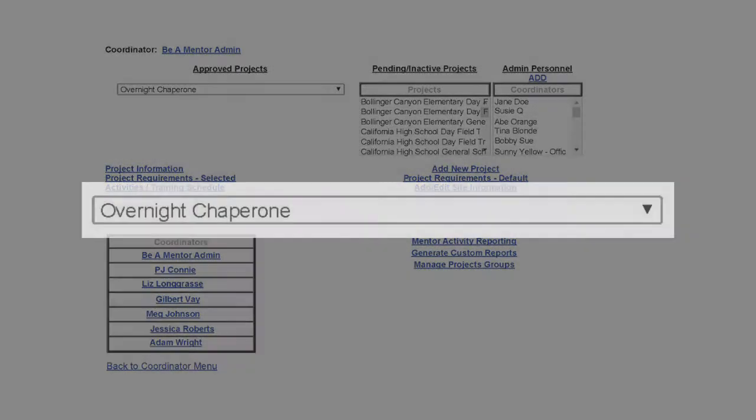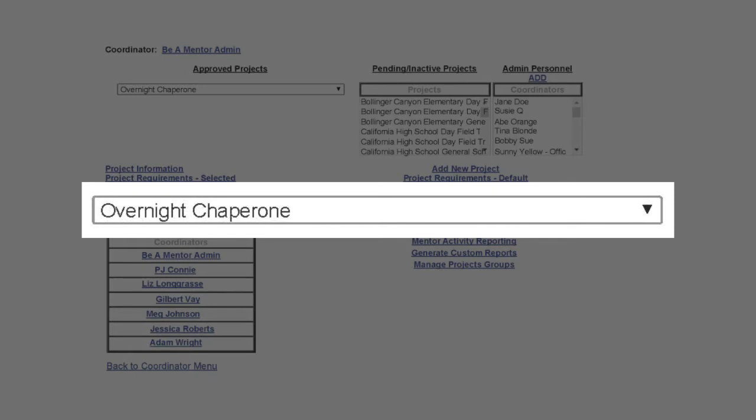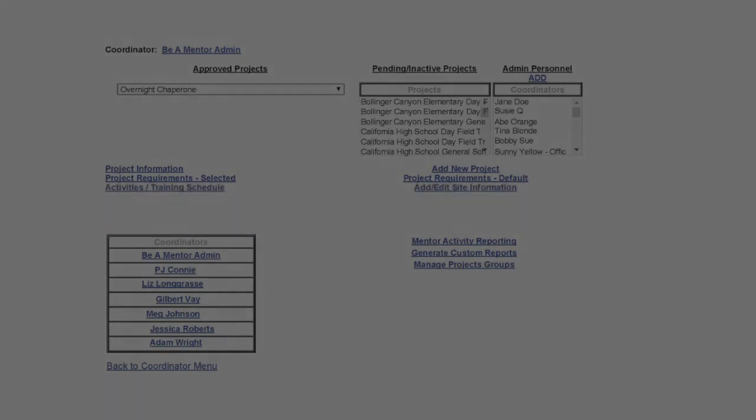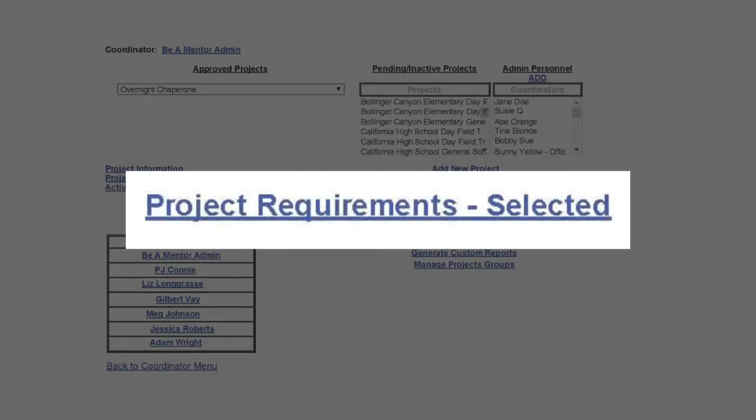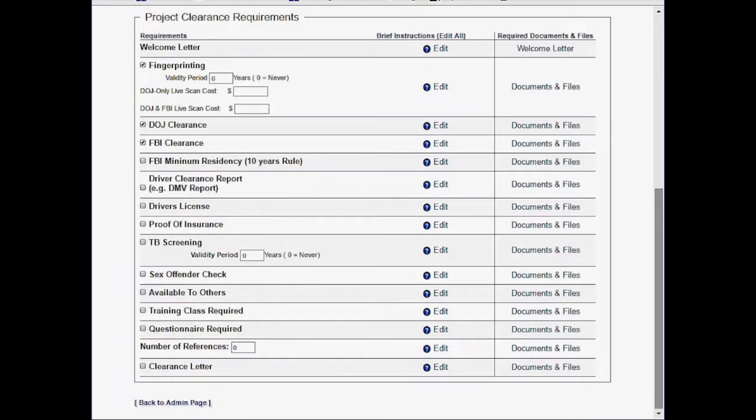Now you can see that in the Approved Projects box is Overnight Chaperone, and clicking again on Project Requirements selected shows you a different set of clearance requirements. Notably, there are 4 requirements and none are driver requirements. This, of course, is reasonable since an overnight chaperone, in this case, needs a criminal background clearance but will not